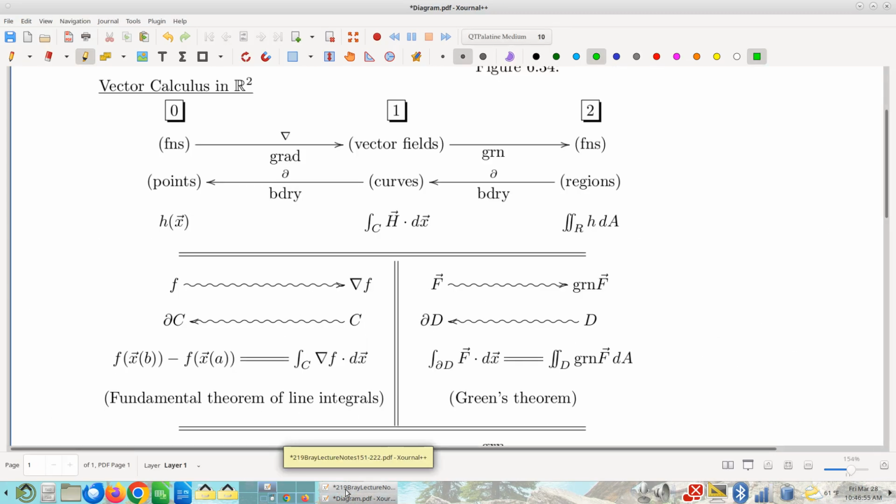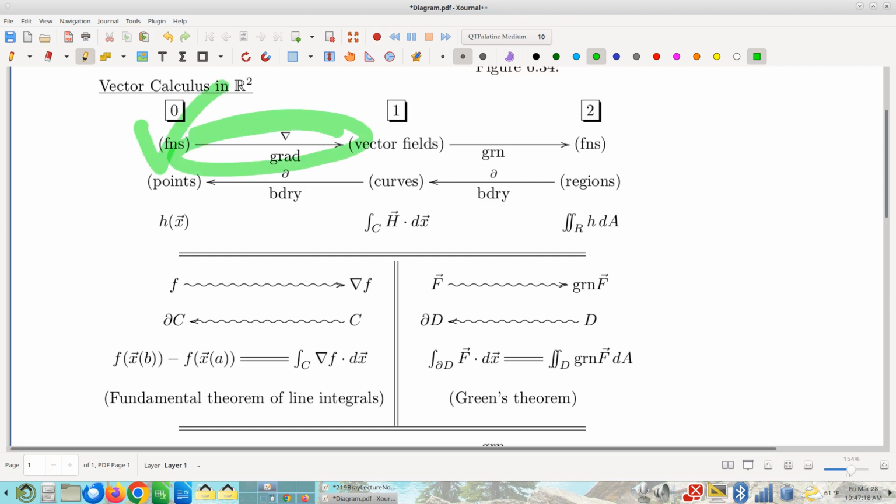Here's this diagram. And I claim that there's a lot of nice things that happen when you draw the diagram this way, when you place the various players that we've discussed so far in this class in order as they lay out here. For the following reasons, let's think about these operators. Y'all know the gradient operator takes a function, gives me a vector field. Y'all know Green's operator, aka curl, takes a vector field, gives us a real valued, scalar valued function.